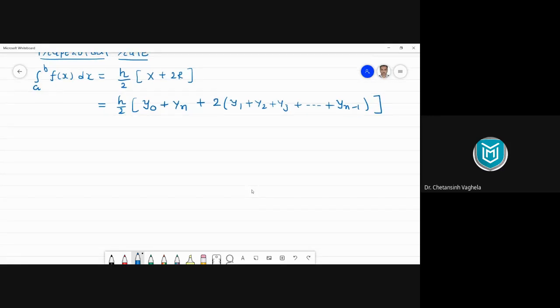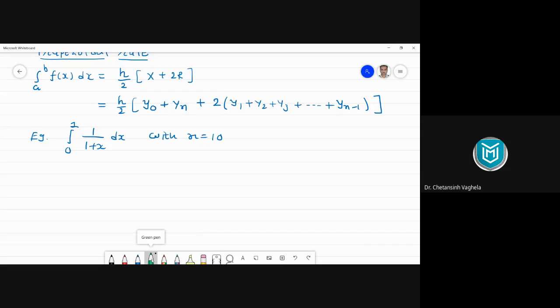When you see any example of trapezoidal rule, what kind of data will you have in your question? You already have studied this method in classwork, so you have the examples of these methods, right? In any example of trapezoidal rule, what kind of data do we have? Let me write an example here. Example: calculate integration 0 to 1, 1 upon 1 plus x dx with n is equal to 10. Right? This kind of question you have for trapezoidal, for Simpson 1 by 3 and for Simpson 3 by 8. Now, if you observe the example here, what kind of data do we have as input?